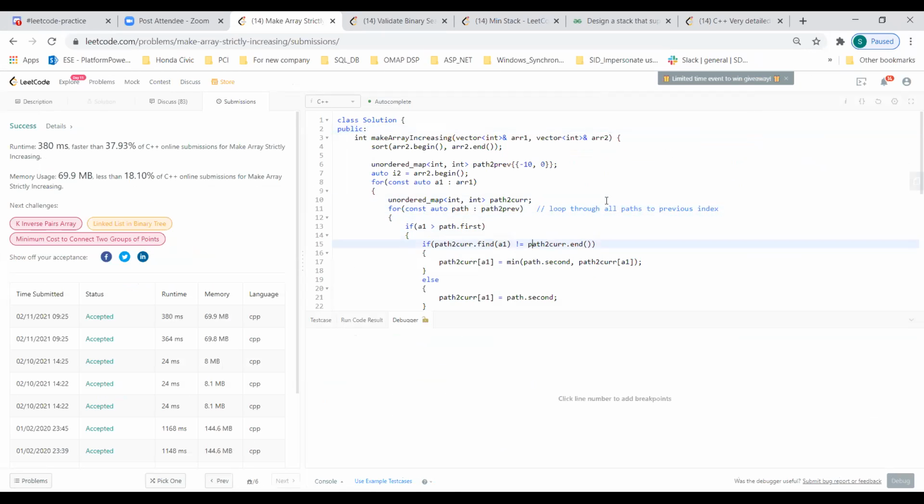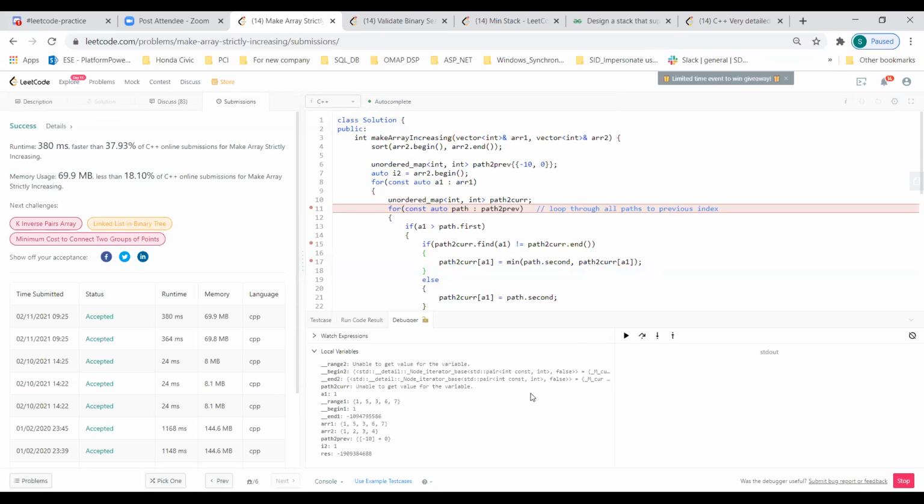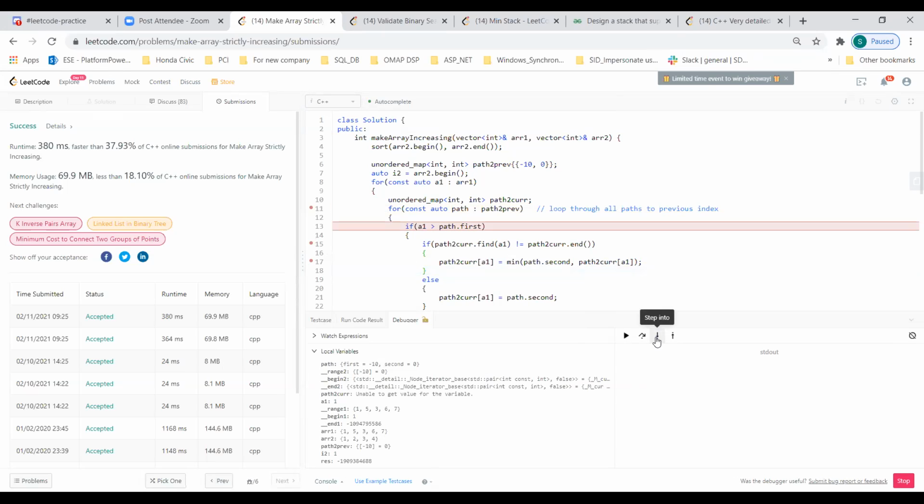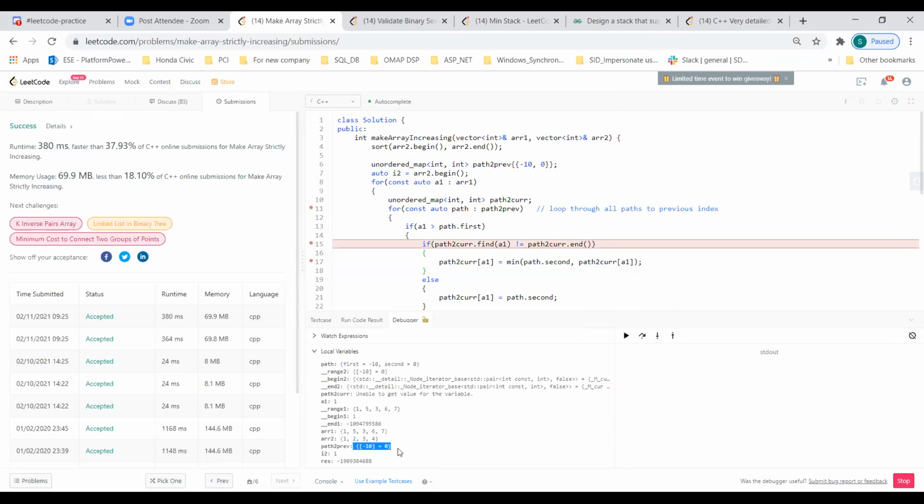Then if I put a debugger here, we are focusing on path prev every time, right? So now the path prev is here. Let me go down. Where is path cur? Yeah, this is the one. It's not coming yet.